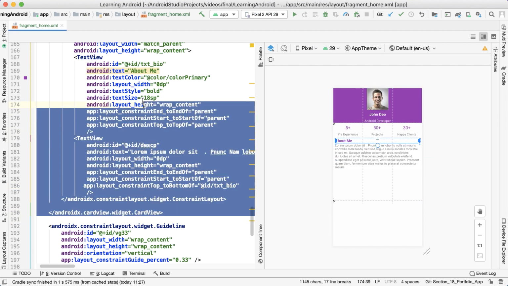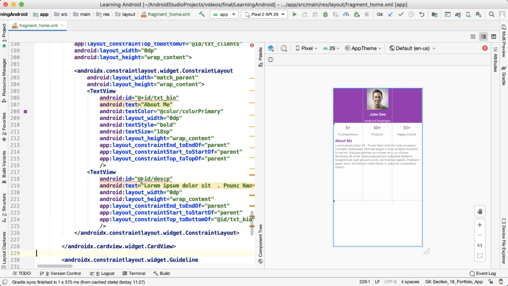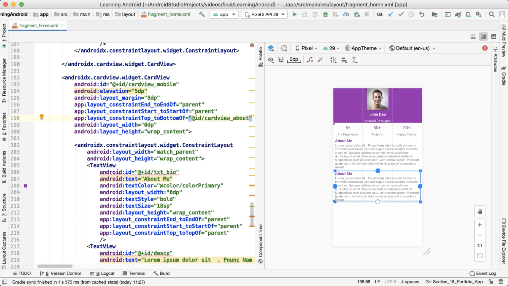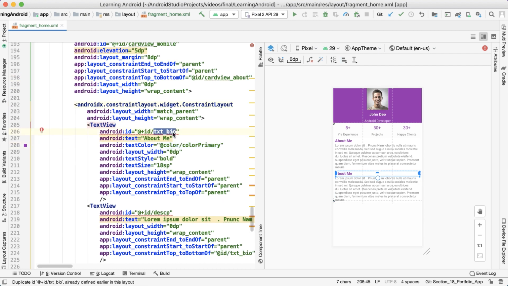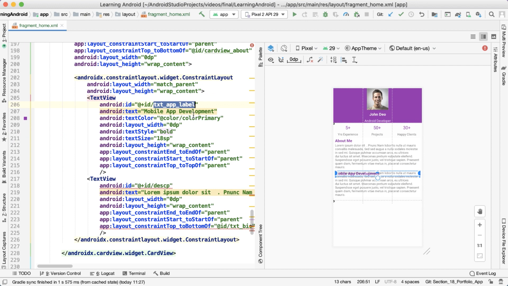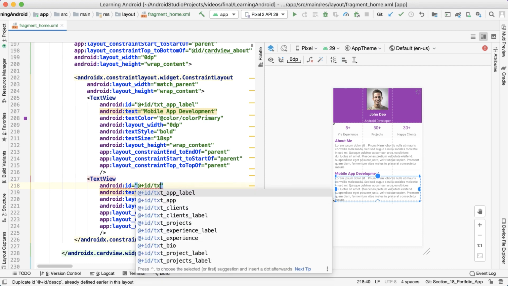Now I'm going to copy this card view, and let's paste that in here, and let's give the ID to this card view as card view mobile, and we're going to say constraint top to the bottom of our card view about. And instead of text bio, let's say text app label, and here we're going to say mobile app development. And I'm going to copy this ID, and let's paste that in here, and here we're going to say text underscore app,